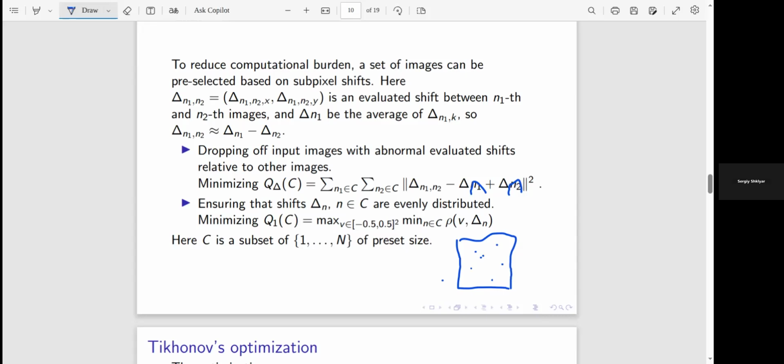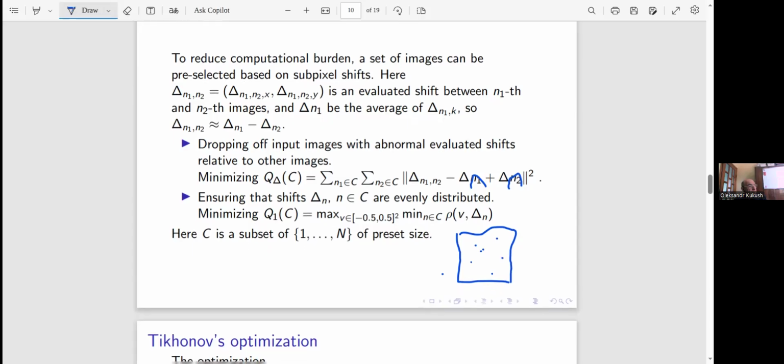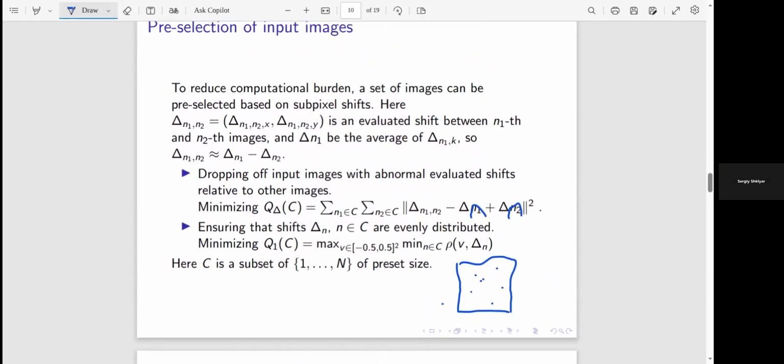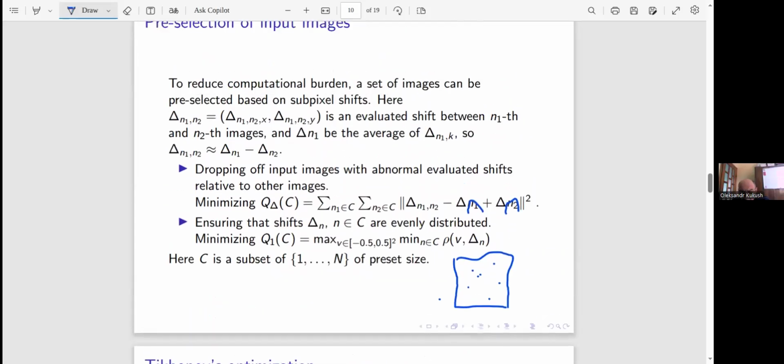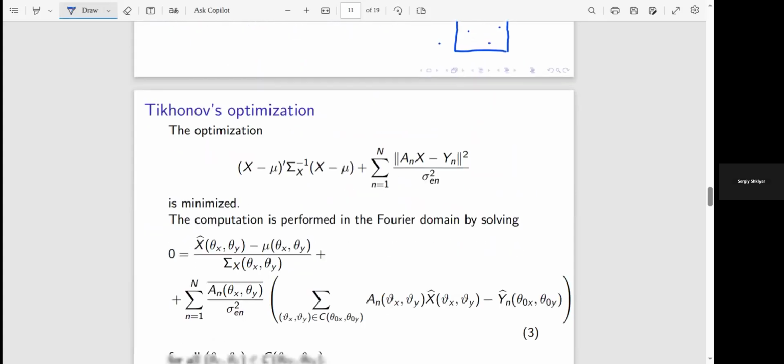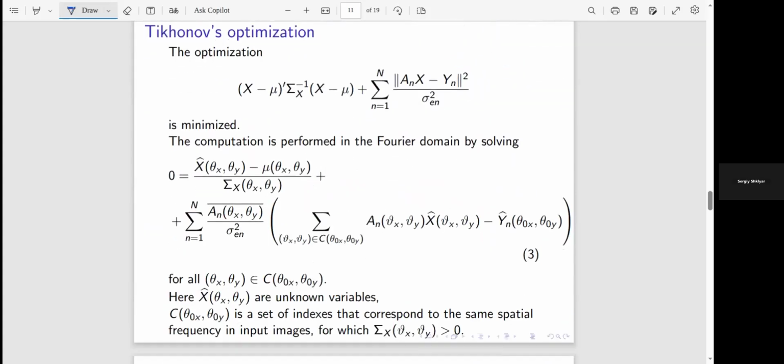And after we selected the preliminary input images, we go to the main step, which is to recover the super resolved image, and we use Tikhonov regularization. Actually, Tikhonov